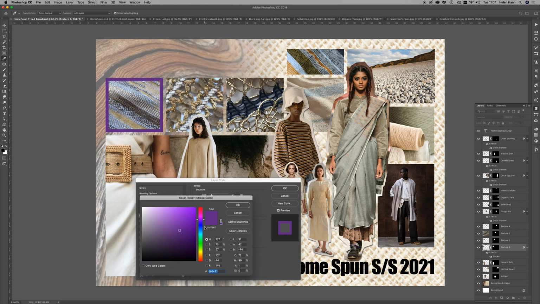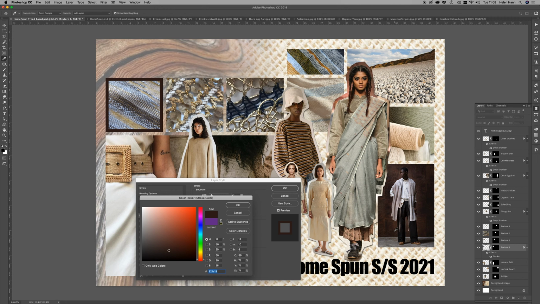So I've clicked on the colour, and when I move over my page, you can see that I get this eyedropper, and I can pick up colours within the image, and I can look for something that's actually within my image. So I could choose something from her skin tone, or maybe something from this image. This has got a beautiful, rich, dark brown background. Now I quite like that,